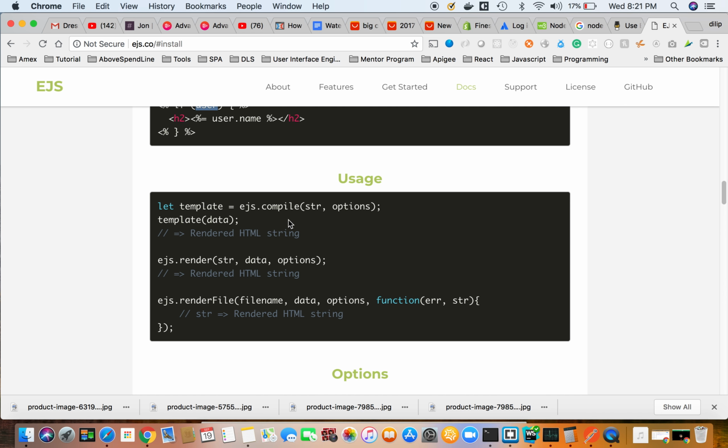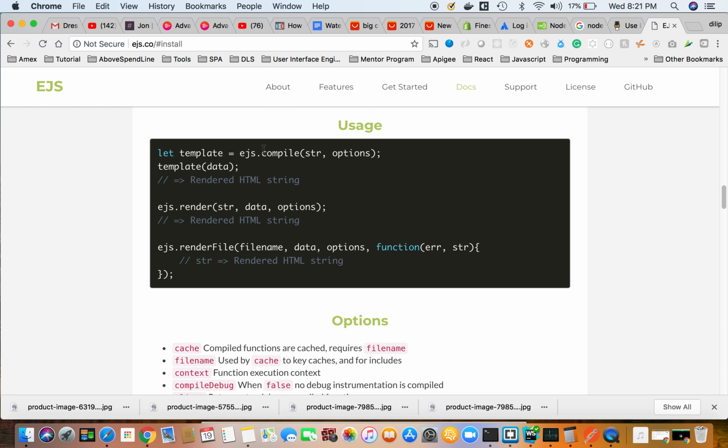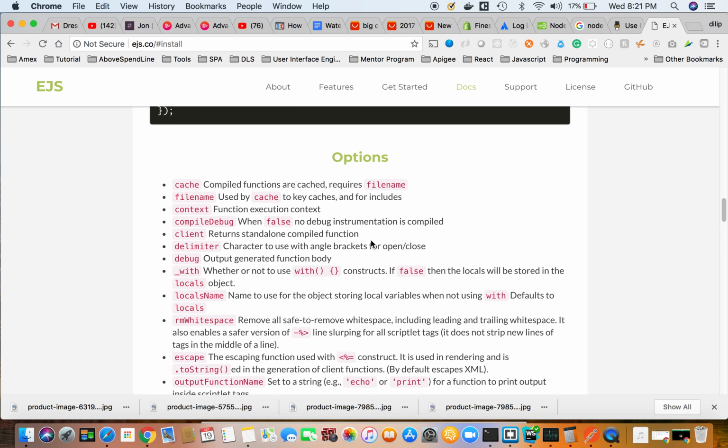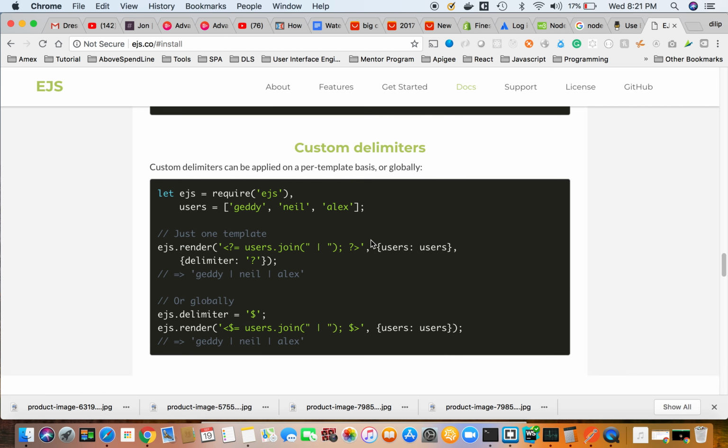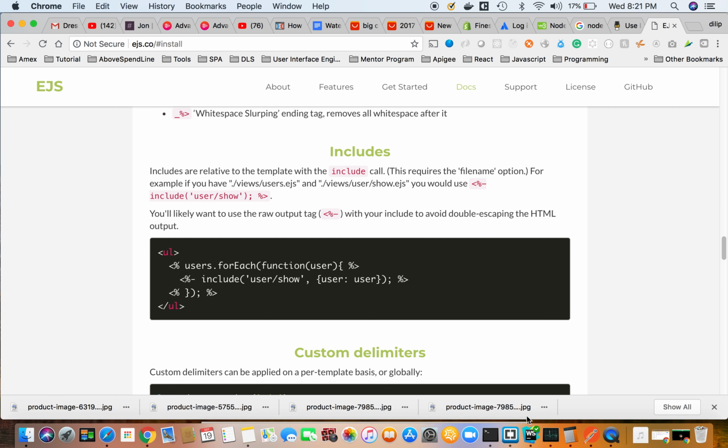So this is an example. You can run compile as well, but we don't use this a lot. We mostly use this one, render. You can read more. Okay,